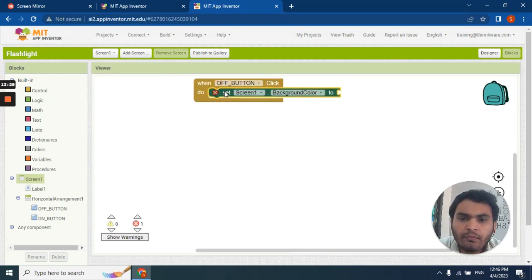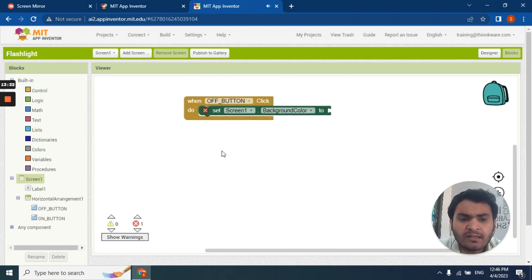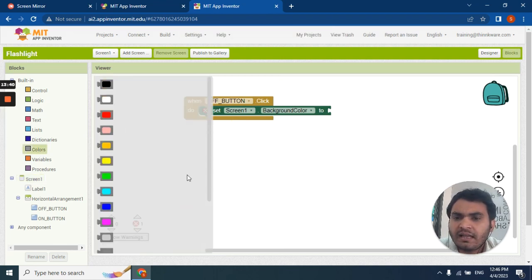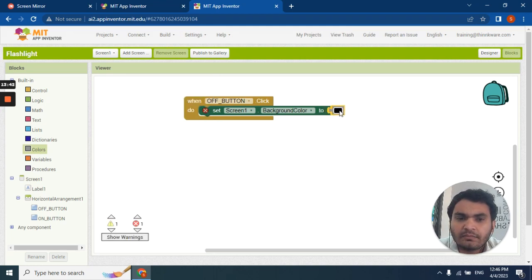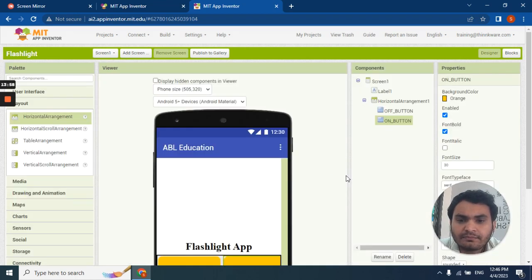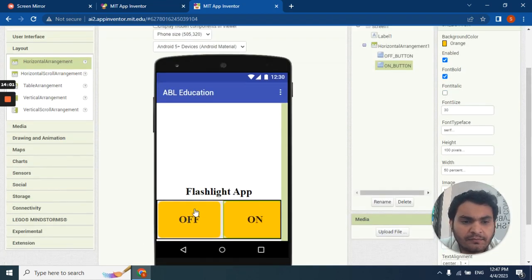When we click the off button, our screen background color should change to black. So now we go to colors and choose the black color, and we have completed the block section for our off button. When we click the off button, the screen background color will change to black.